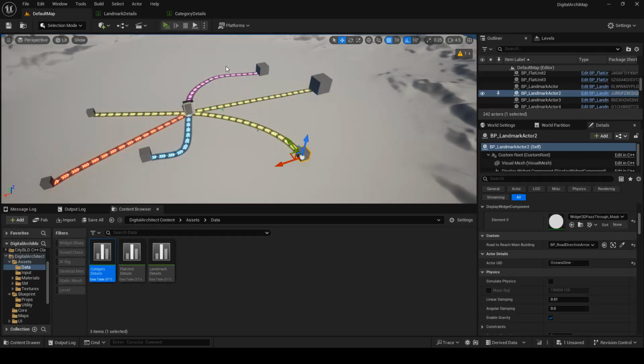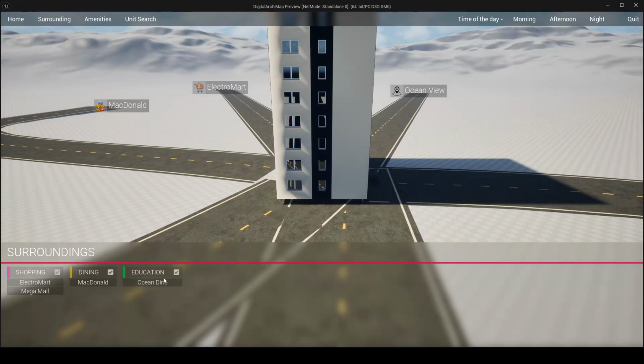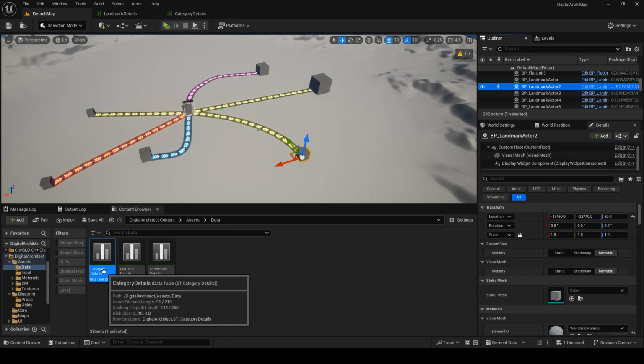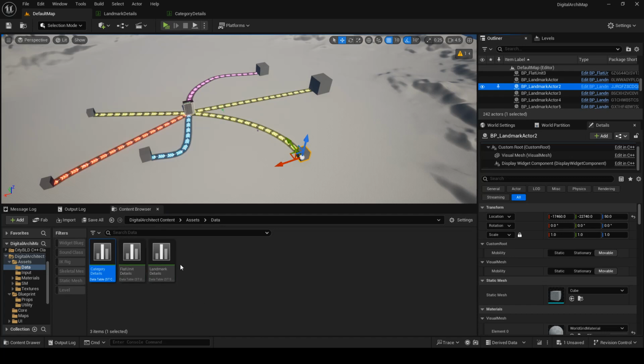If I start now and click on surroundings, now you can see I have 3 categories, right? So now you get the context of how we can set things up. Okay, perfect. So we have categories, and now you know why it is there. Next is the landmark, which is already done. I will call it a day for now, because flight unit is the main